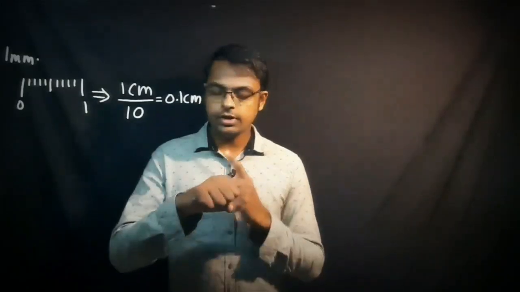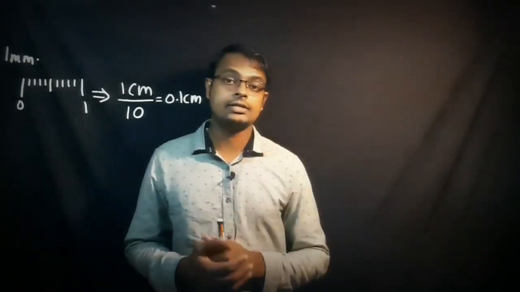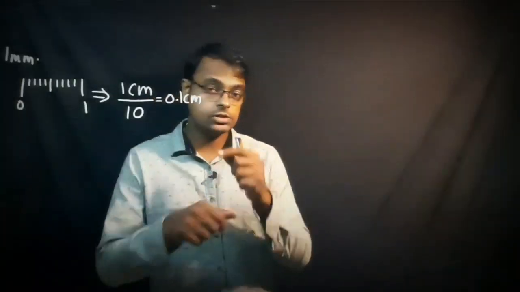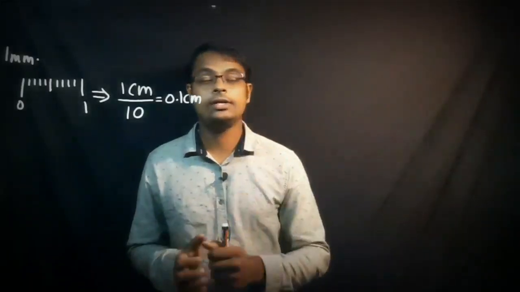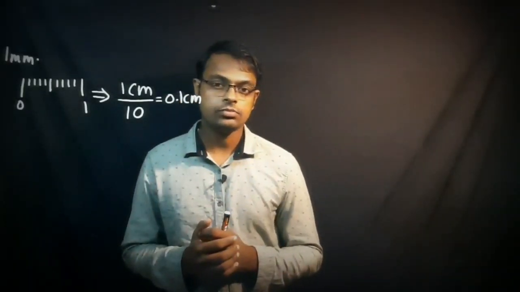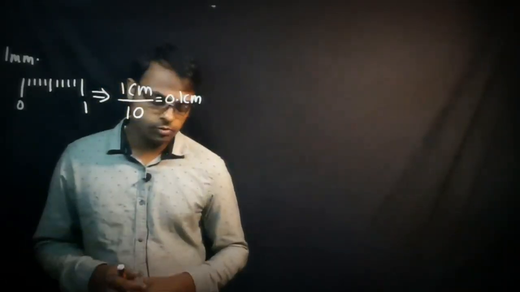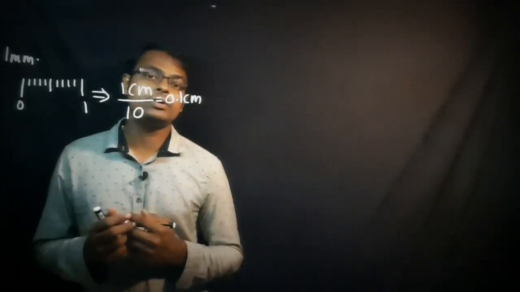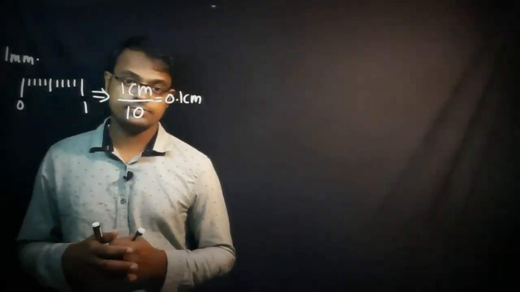Correct? Or if you take your watch, the watch has the seconds hand. What is the minimum value that can be measured using your watch? It consists of the second hand. You can simply say that 1 second is the minimum value that can be measured. So least count of that watch is equal to 1 second. Now let me introduce two more new instruments. You may not have learned them before: the vernier caliper and screw gauge.